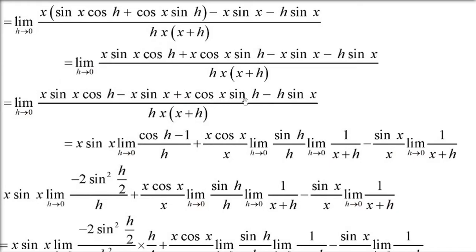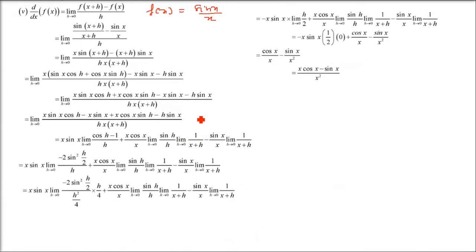Now coming to the second term, x cos x sin h. Now we have sin h. So as I said, you have to take x, h and x plus h. You can take them separately also. So you can take it either way, because eventually what I am trying to suggest is that in x plus h, you can always put h as 0.